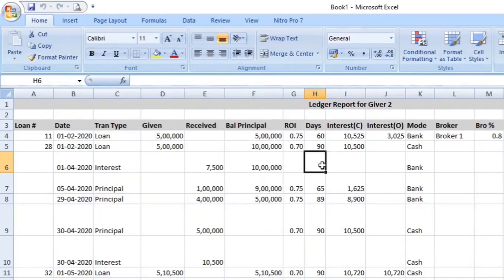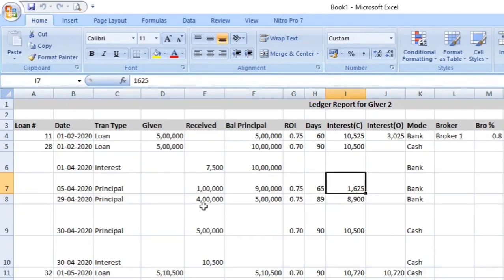Interest received entry will not show anything in the days column. If principal is returned, then the days are calculated from the start date of the loan till the date on which principal is returned. And this interest is also of these many days only.